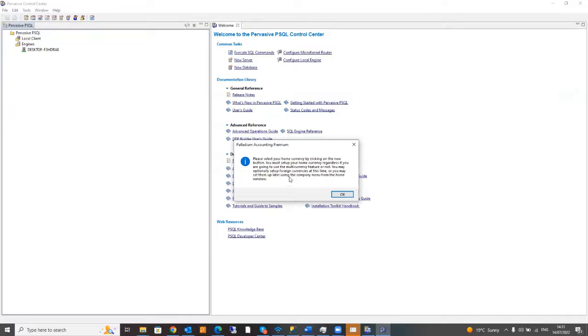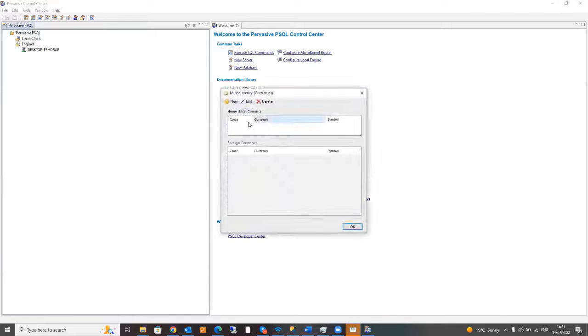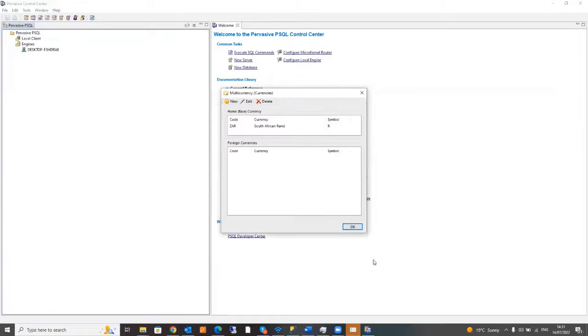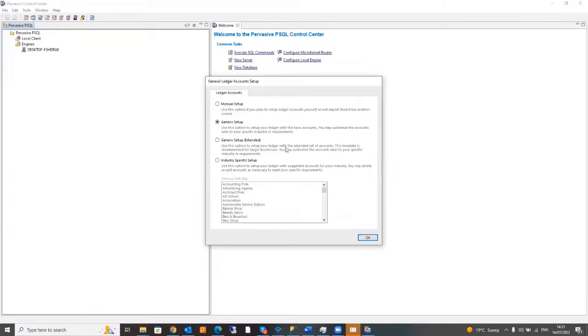And then as for this one here, it's referring to the home currency. So every single time you create a whole new company, you will be required to select a local currency that your database is going to be using. So I've selected my rand in there, and then moving over to this screen right here, the general ledger account